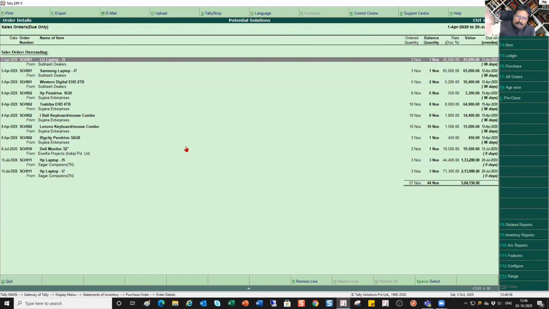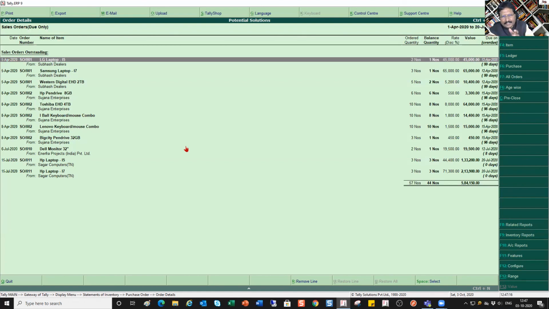We saw that the majority of the stock that we have today is more than 90 days old. I don't want to get into that position. So what I also want to do now is, for each of the items, know the lead time that I'm going to get the